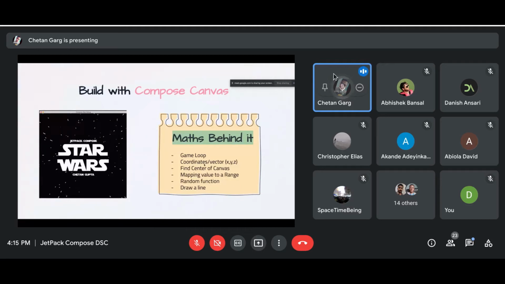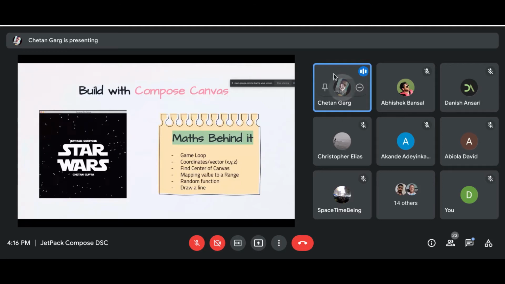So I will say use a data structure. You can create your own class called vector, or you can use a data structure like a triple or a pair to bundle your XYZ axis together to give you that sense of coordinate and perform some mathematics on it, right? I will be covering this as well and showing you an example of how I did that.